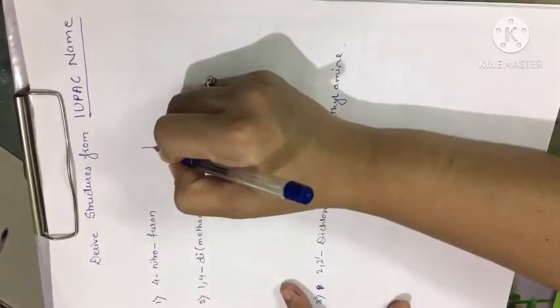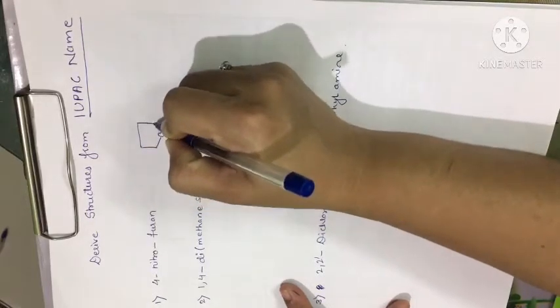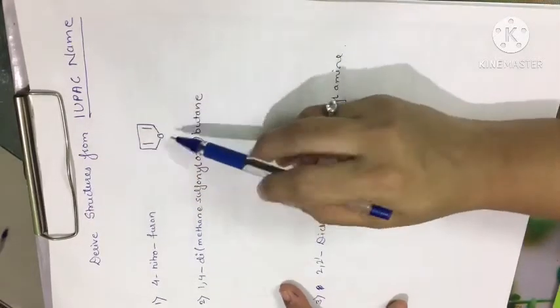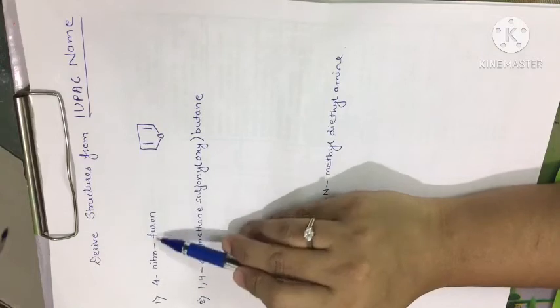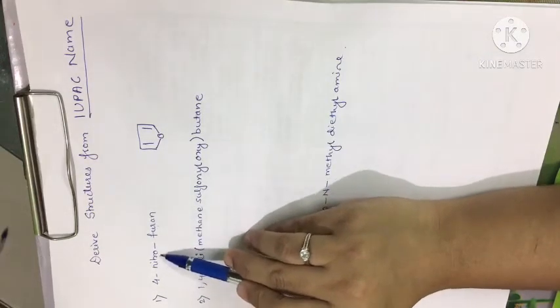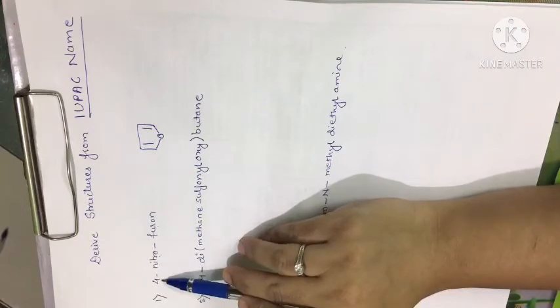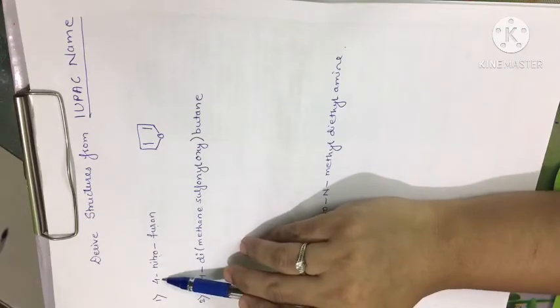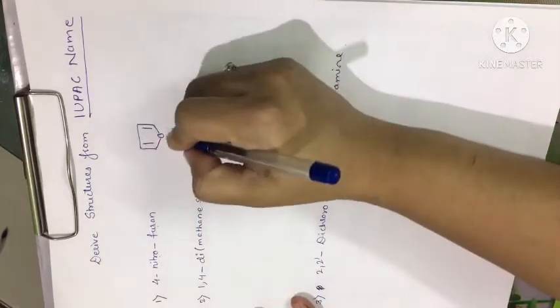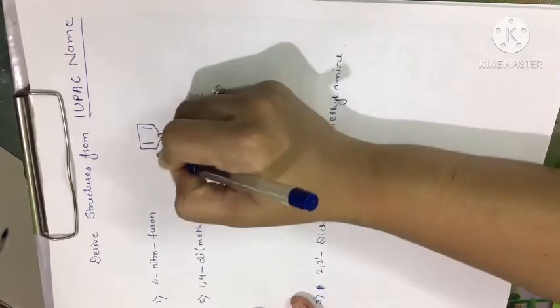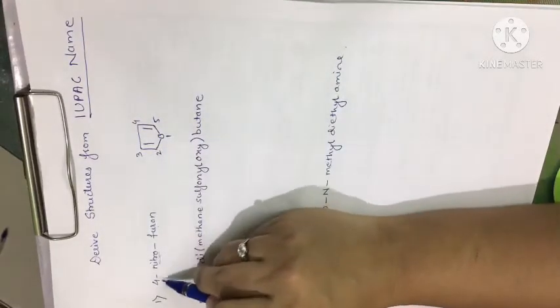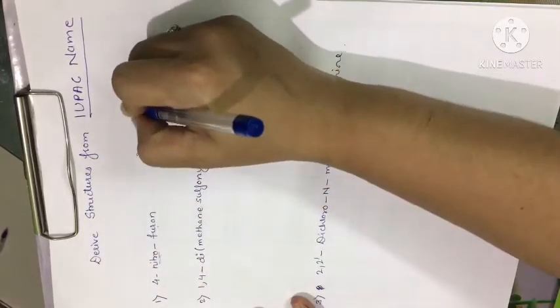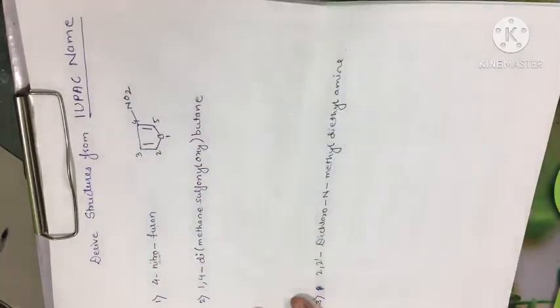The structure of furan we all know is this: oxygen in a 5-membered ring. Now on the furan, there is one more group attached, that is nitro, which is attached at the position 4. So basically 4 denotes the position. So we will number the furan first. It is 1, 2, 3, 4 and 5. That means the nitro group is present at the 4th position. So here we will attach this nitro group. So this is our basic and simplest IUPAC name.